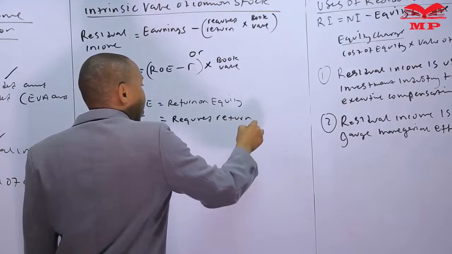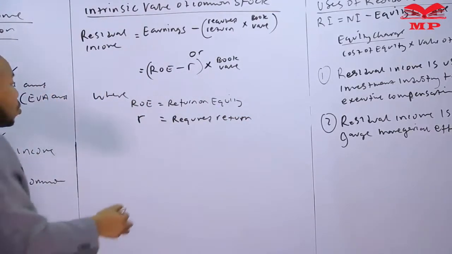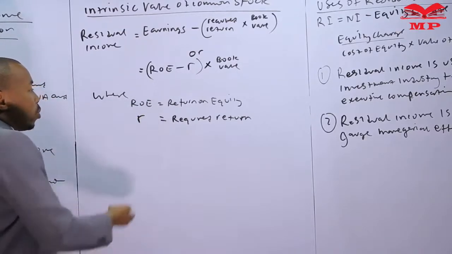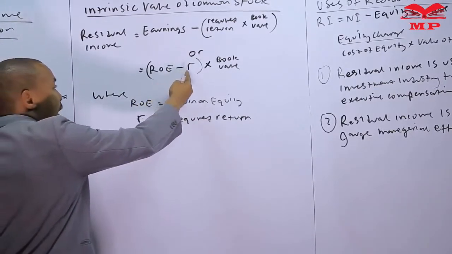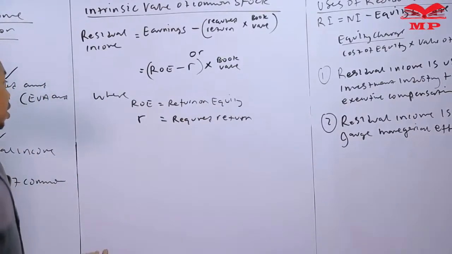So once we have the ROE, r, and the book value, we can also get the residual income. Let's look at an example that can highlight